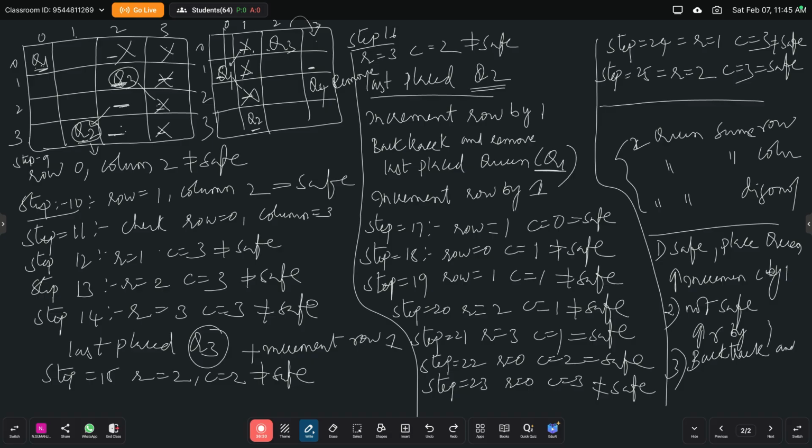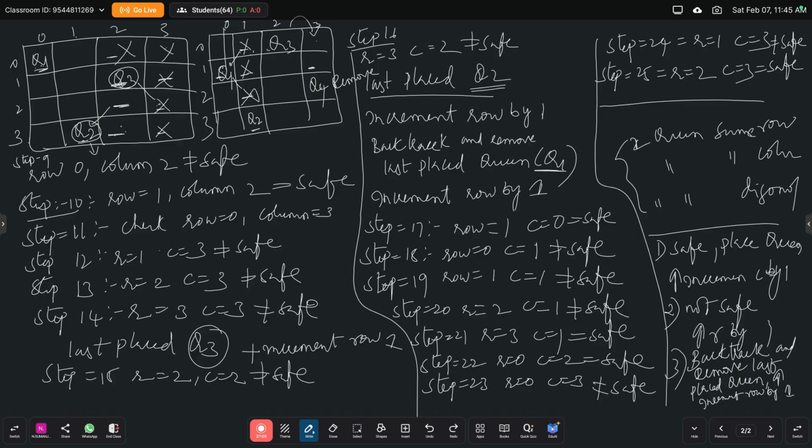Backtrack and remove the last placed queen, and after removing, just increment the row by 1. If we follow these 6 rules, we can easily do the n queens problem. Okay, backtrack and remove the last placed queen, and then increment the row, and again search for the further possibilities